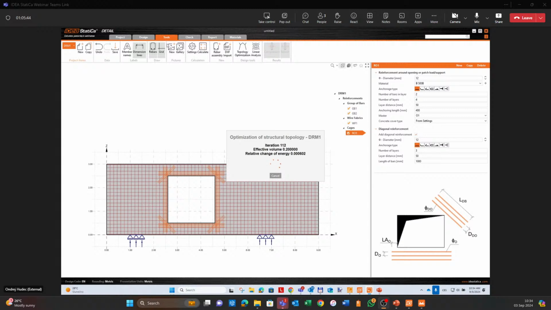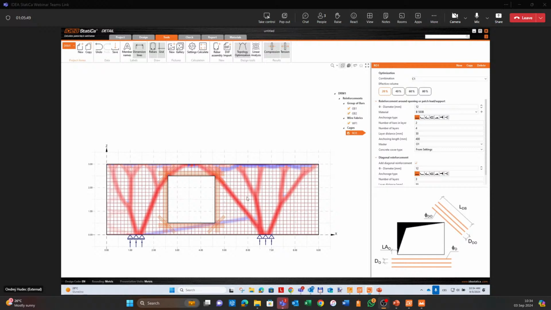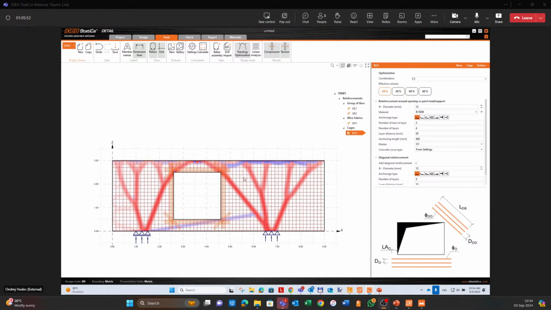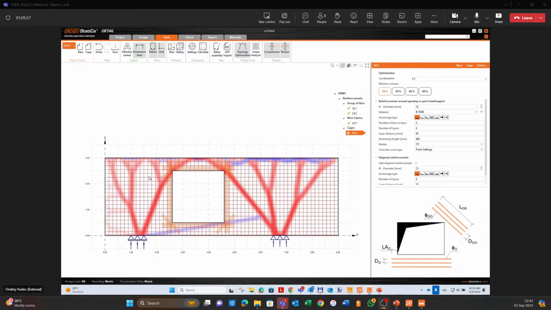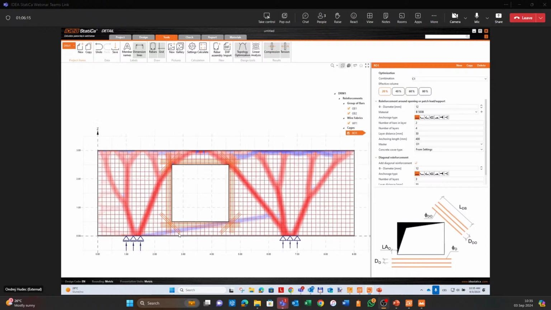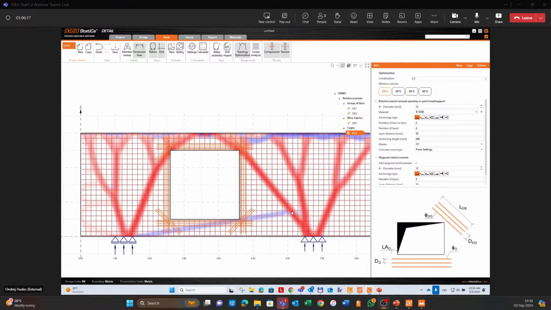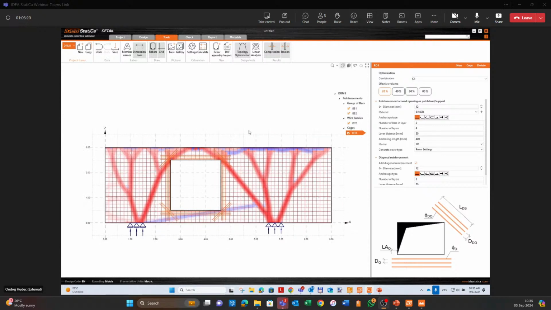It should be quite fast. I'm a little surprised it isn't faster, but basically it creates a kind of strut and tie model for you, where you can see how the load from the top line of the wall finds its way to the supports. So here are the struts, here is the tie as you would expect, and here we can see a tie which is a little inclined thanks to the asymmetry that we